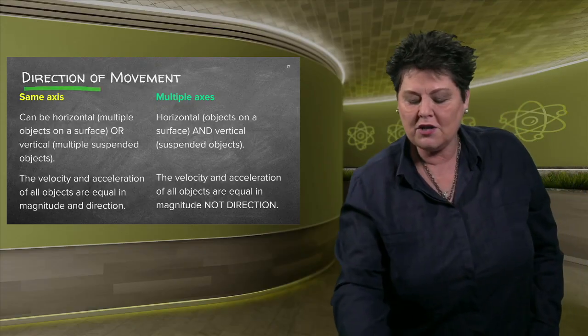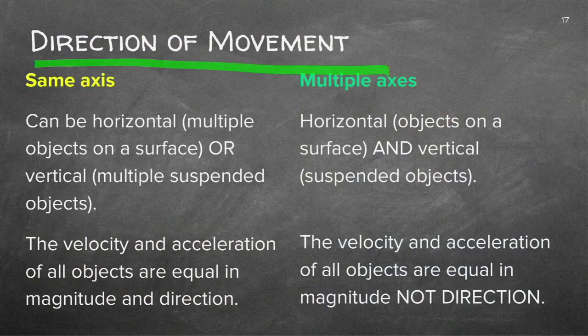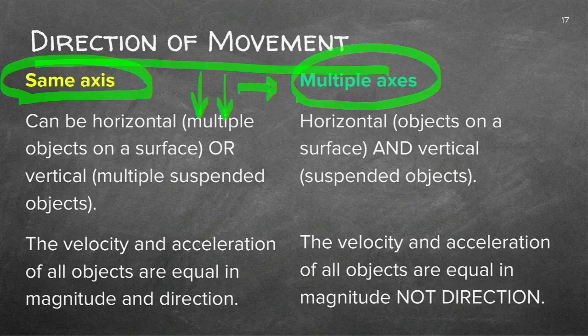Right, the direction of movement. I need to stress this again. It's all of them the same axis. That will be if they are moving in the same direction or horizontal. Remember, if it's multiple axes, I've got X movement. What's X again? Horizontal. But I could also have Y movement, which is down here. Then you've got to be careful. But if both of them are on the horizontal plane or in the vertical, it's easy. So make sure that you know.